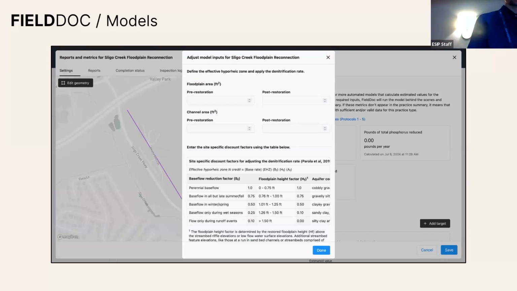So the end user is just inputting a few additional parameters in line with the rest of their restoration practice data, so it doesn't feel like an extra thing that they need to do, which is really important because the old approach to this was to literally go to a different site or application and usually run through some scenario that might take a while and then generate a PDF and then upload that to a website somewhere. So that's not really what we should be doing anymore in 2024. There should be a single point of entry for all these things.